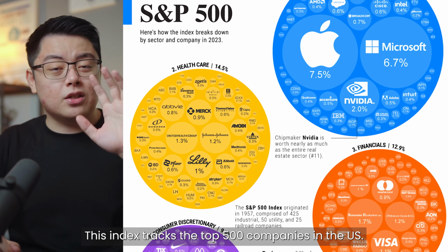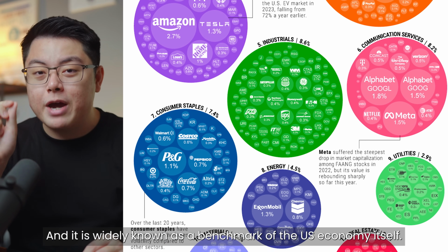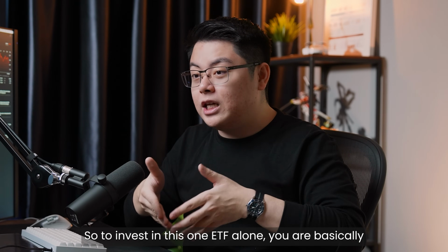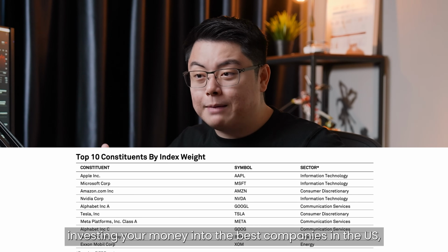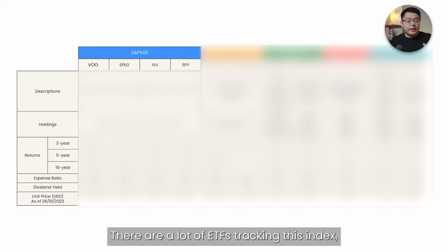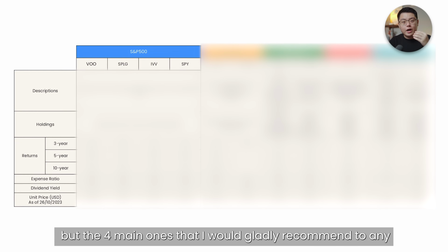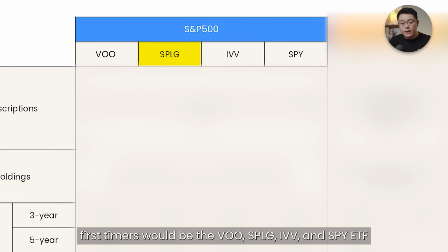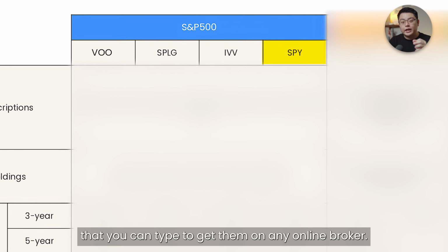This index tracks the top 500 companies in the US, and it is widely known as a benchmark of the US economy itself. So to invest in this one ETF alone, you are basically investing your money into the best companies in the US or even worldwide. There are a lot of ETFs tracking this index, but the 4 main ones that I would gladly recommend to any first-timers would be the VOO, SPLG, IVV and SPY ETF that you can type to get them on any